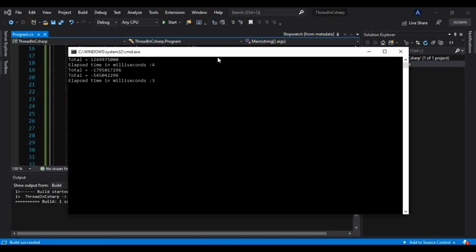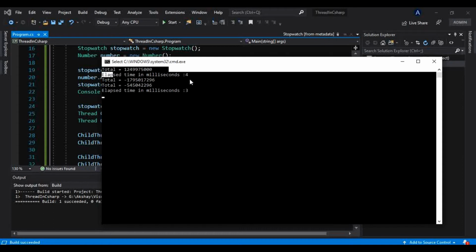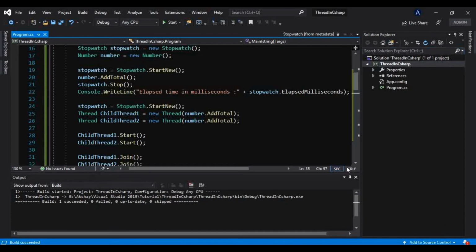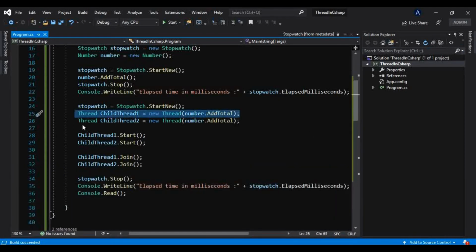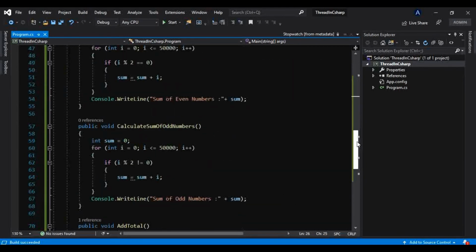So now guys, as you can see, this total method executing inside the main thread required 4 milliseconds, but the same method running separately in two separate threads requires 3 milliseconds only. Because these two threads are sharing that resource, this single method, they run simultaneously without waiting for each other.